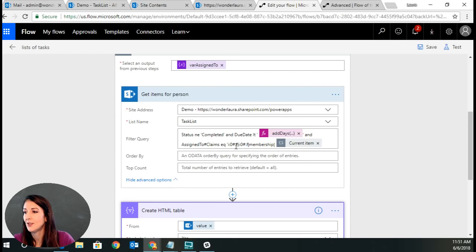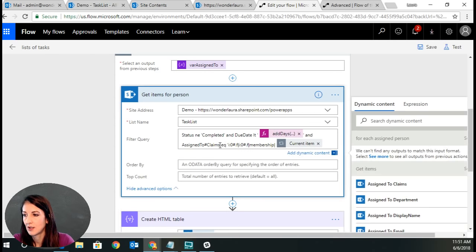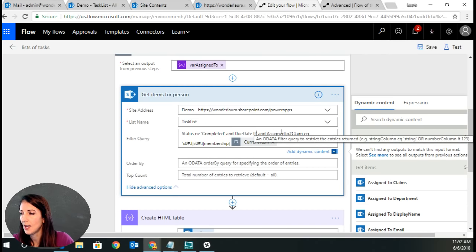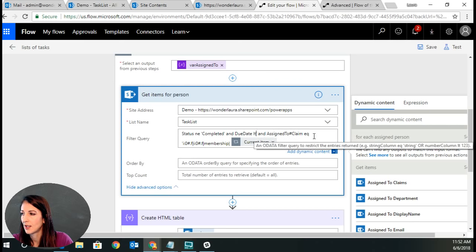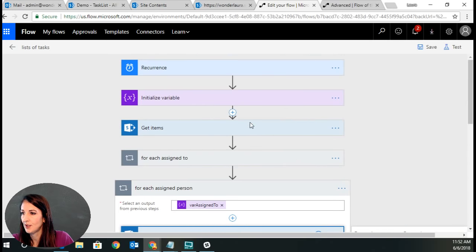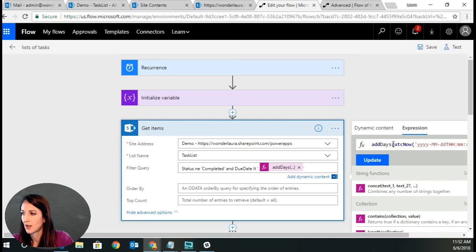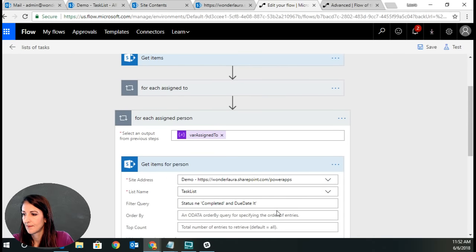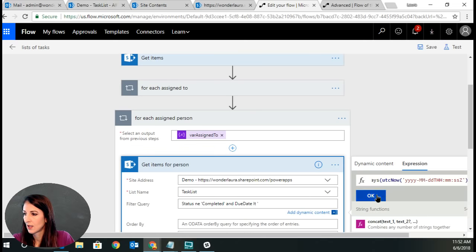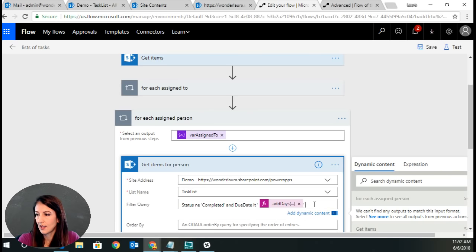I'll just type assign to and just see if that works. Just assign to. Oops. What happened? Oh man, it deleted my... Let me get that formula again. Due date is less than this thing. And